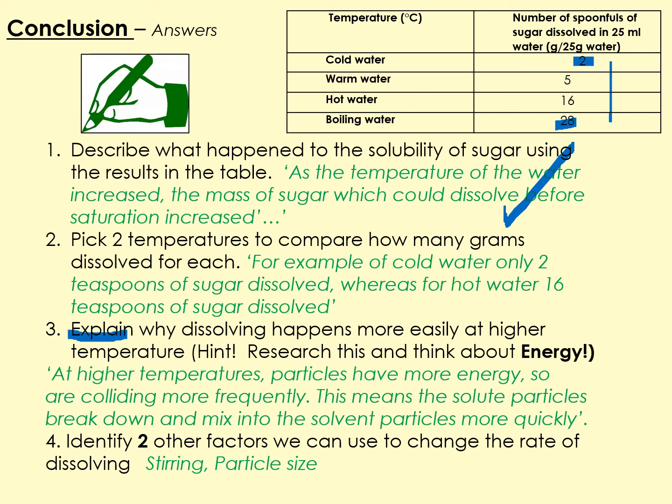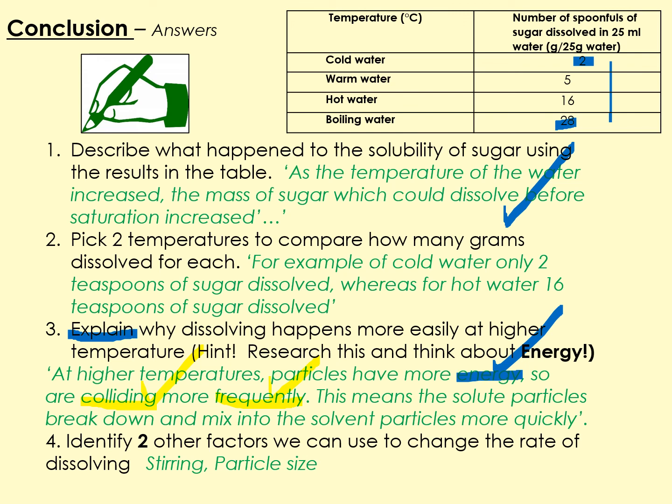Explain. Now remember, explain means why. Does dissolving happen more easily at higher temperatures? At a higher temperature, particles have more energy. Give yourself a tick if you used that word energy. So they're colliding. There's the next word I wanted to see. Colliding. Give yourself another tick if you got colliding. More frequently. Give yourself another tick if you got frequently. This means the solute particles break down and mix into the solvent particles more quickly. So imagine if you put sugar into a cup of hot water, it's going to get bashed up